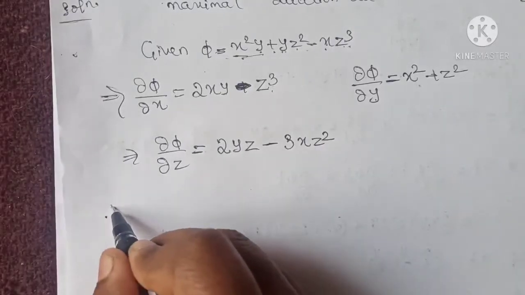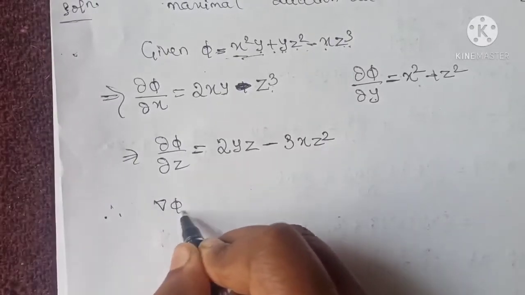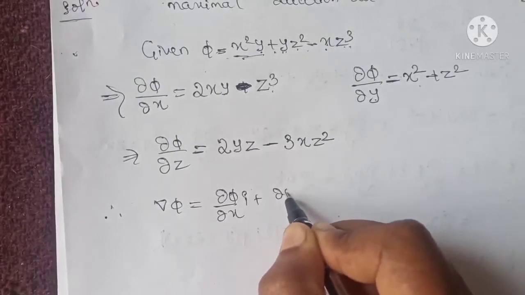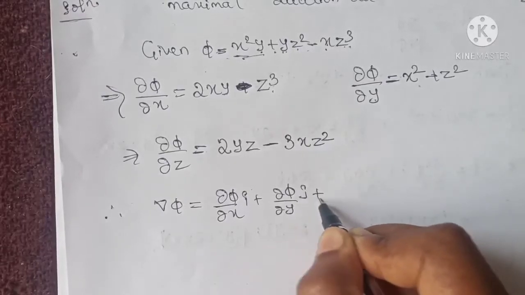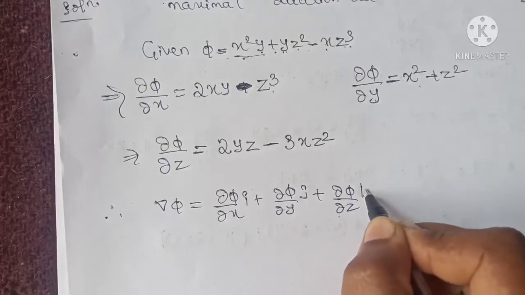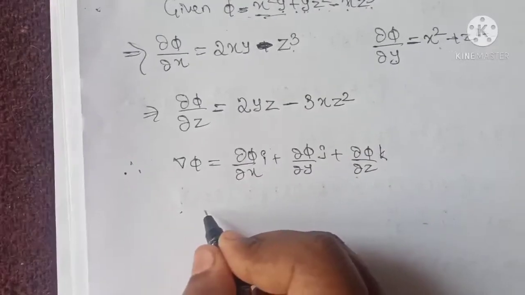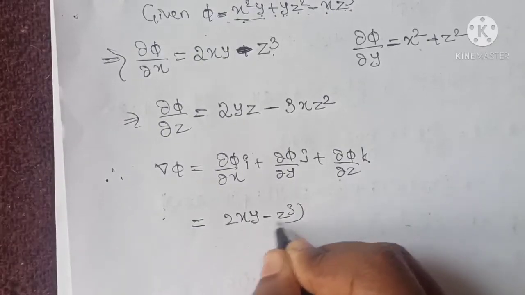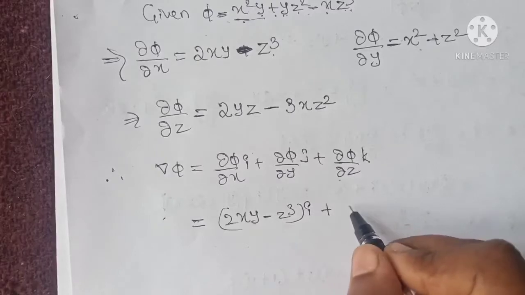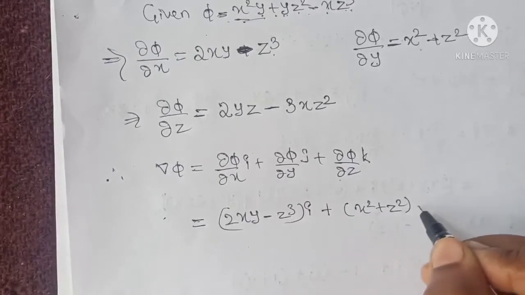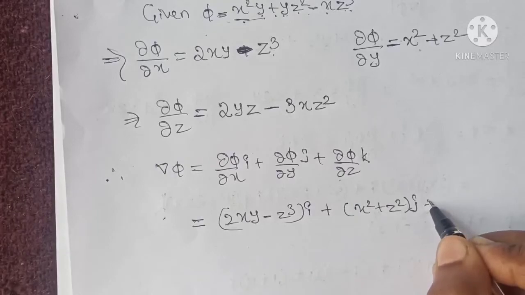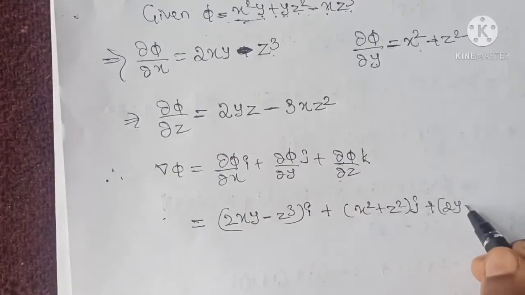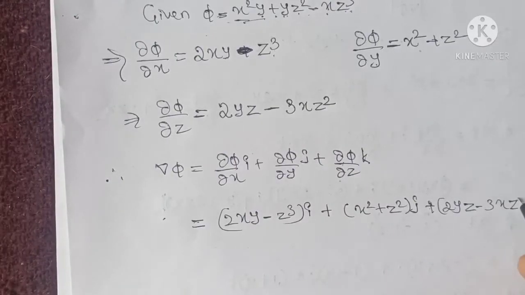So therefore del phi equals dou phi by dou x into i, dou phi by dou y into j, plus dou phi by dou z into k. Substituting the values, we get (2xy minus z cube) into i plus (x square plus z square) into j plus, dou phi by dou z value is (2yz minus 3xz square)